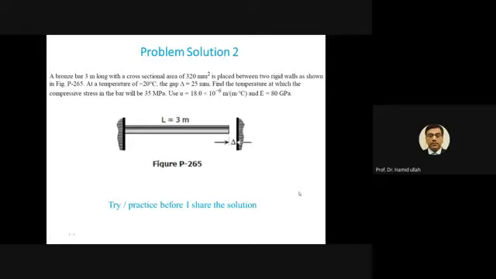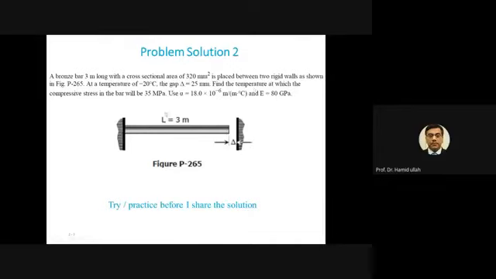So in this case, same, a thermal related problem, and you can again see here. There is basically a body of length 3 meter, and there is some gap or clearance between this right hand support. On the right side there is a support, and this is the gap between. So now in this case, this rod is made of bronze, so bronze is the material, and the initial gap is 3 mm. The cross sectional area is given 320 square mm, and this is placed between two rigid walls on the left and the right.